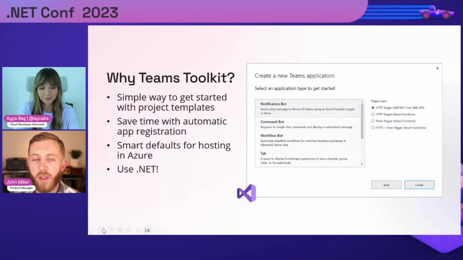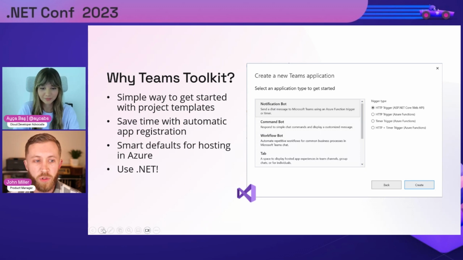If you aren't familiar with that, Teams Toolkit is a couple different things, but primarily it is extensions for VS and for VS Code, and also a CLI tool. It gives you a good way to get started with Teams app development. You can develop apps for Teams, and that means you can extend different surfaces inside of Teams. So if you want to create your own bots inside of Teams, or embed your own web UIs inside of Teams, there's a bunch of different extensibility areas that you can customize,